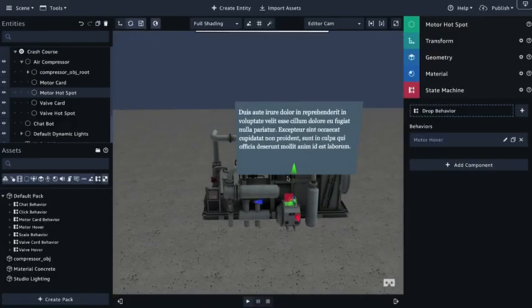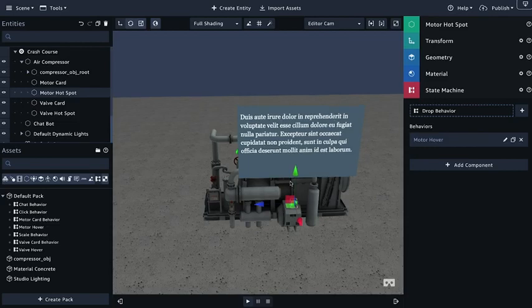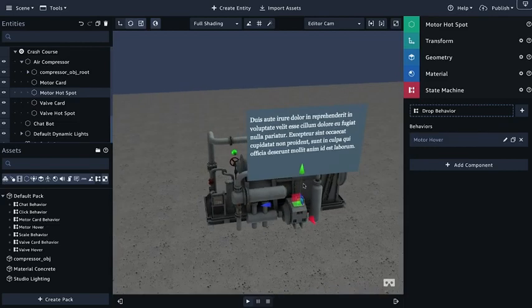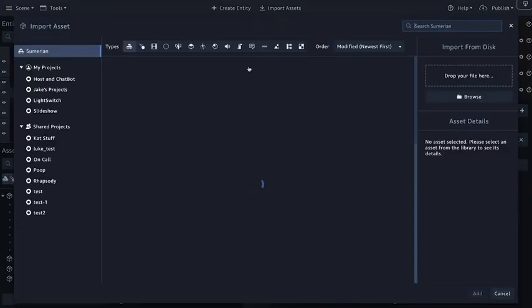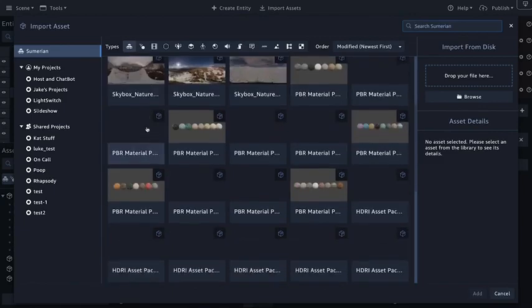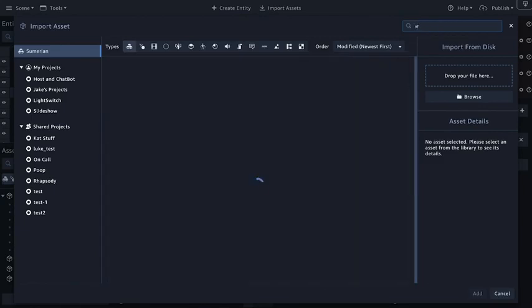All right, so we've set up everything for the most part in our scene. The final thing we need to do is add some VR capabilities, which is actually a very simple thing to do. So let's go to Import Assets. This will open up the asset library. And if we just type in VR,